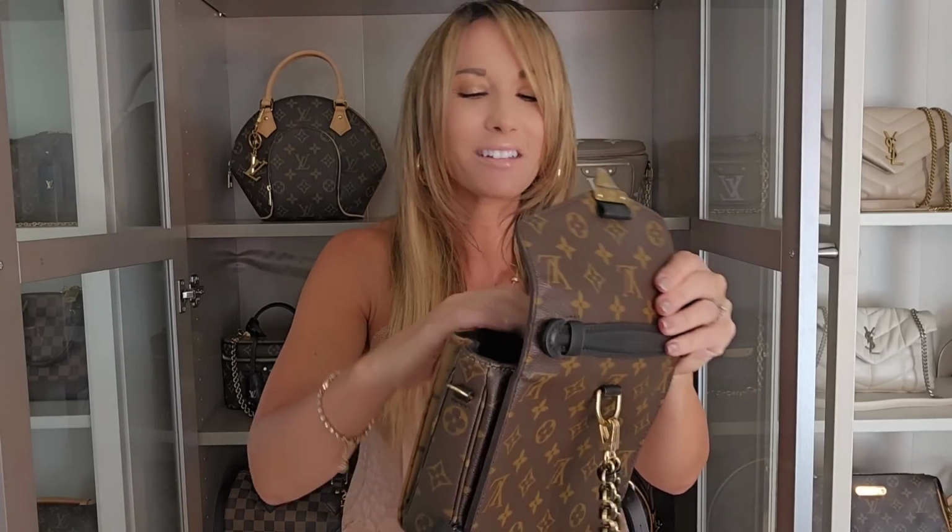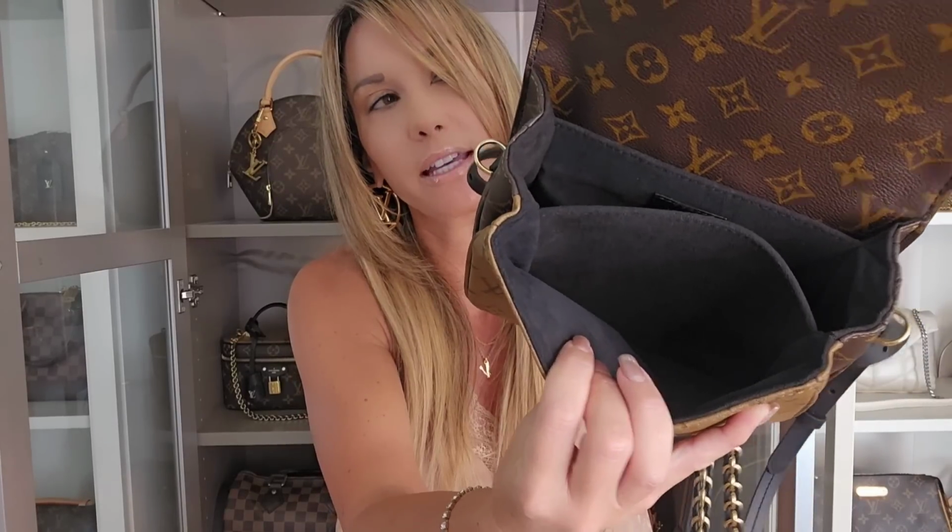Let me just get into the inside really quick. I'm talking too quick here because I'm so excited. Just like the Pochette Metis, it's going to have that micro suede fiber on the interior, and I find it to be very, very spacious. I went ahead and put in a packed mini pochette, my phone, my 4-key holder, and my card holder with room to spare. It's definitely not the smallest bag in the world,